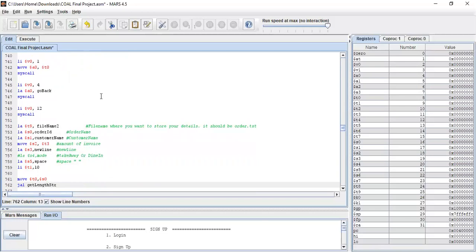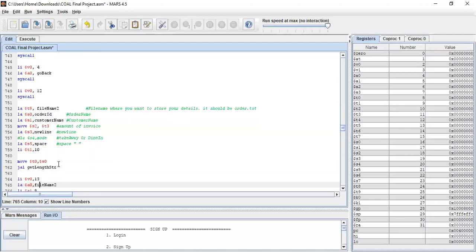So here is the main part where all our details will be saved. Order ID, this variable customer name, amount of invoice, new line, takeaway or dine in, and four spaces.